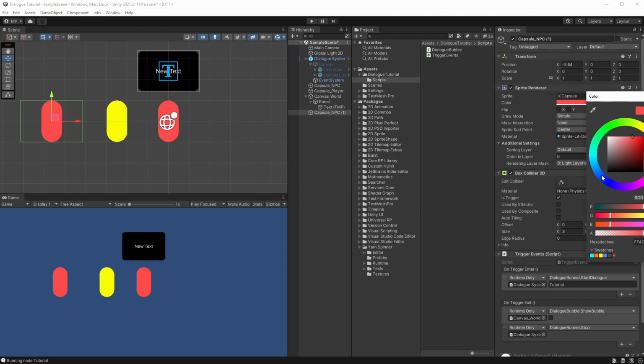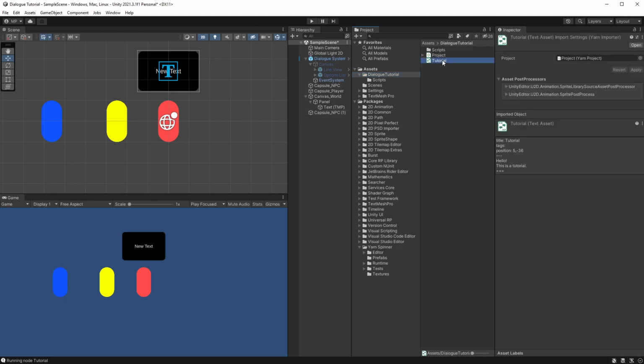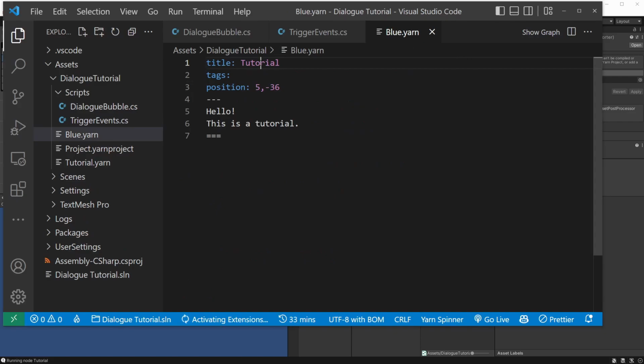Let's change the color to, say, blue. Let's do a dialogue called blue, and this means that we'll have to create that dialogue. So let's go into here and let's Control D to clone this, but we'll call this blue. Double click, call this blue,